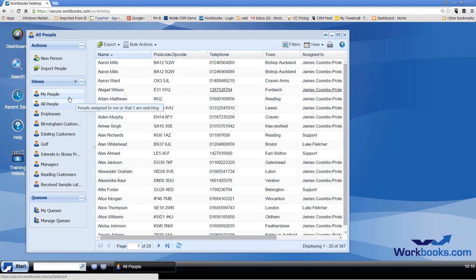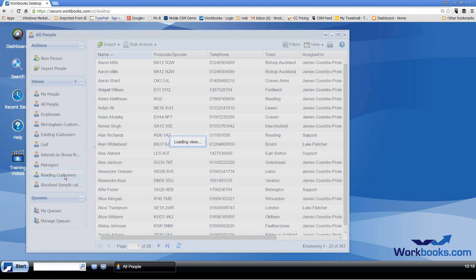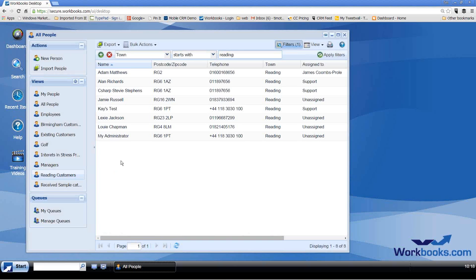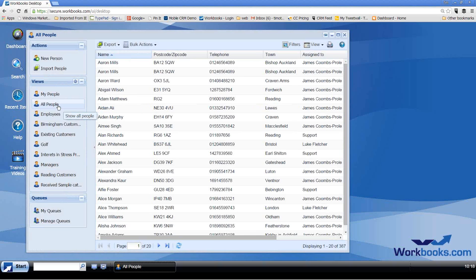Also, on the left-hand side of this window, there's a little section here called Views. These are lists. These are groups of people that have something in common. Maybe I want to work regularly with a bunch of customers in Reading. I want to see a list of all of my customers in Reading. So I can click here and instantly up comes a display of all of my clients in Reading. Do you see? And that was the simple little filter. You've got this little filter box at the top there. That's the simple little filter that created that list. Very, very easy. So, jumping around all those different contacts there.